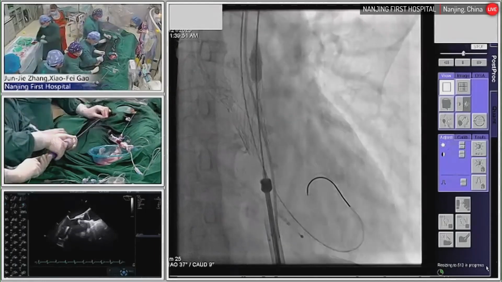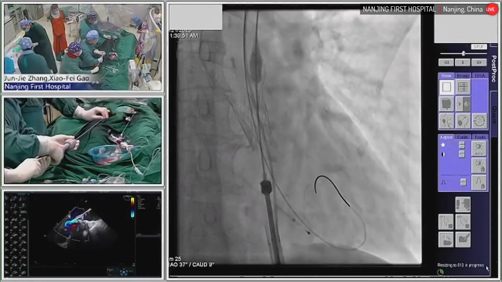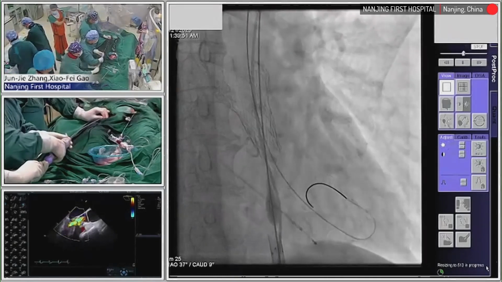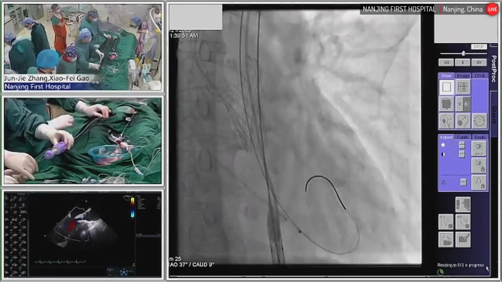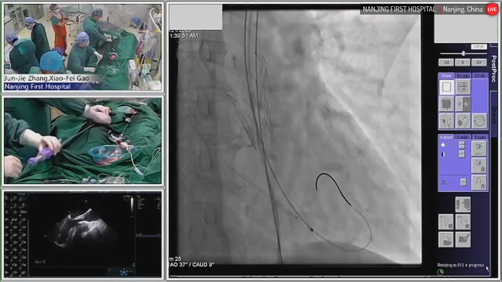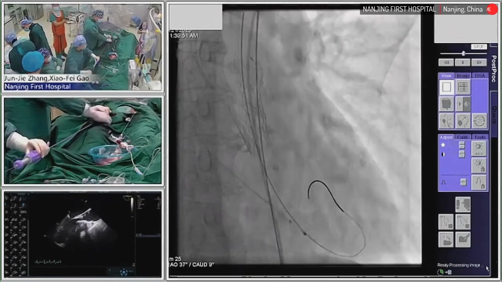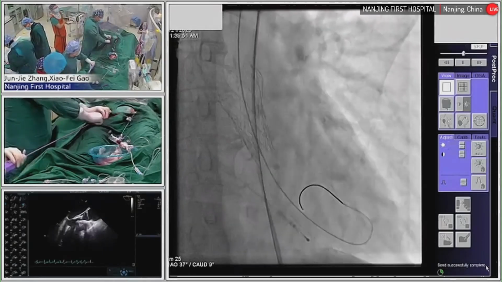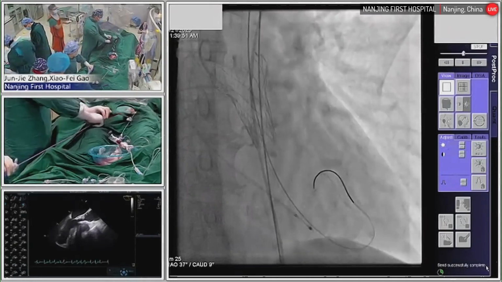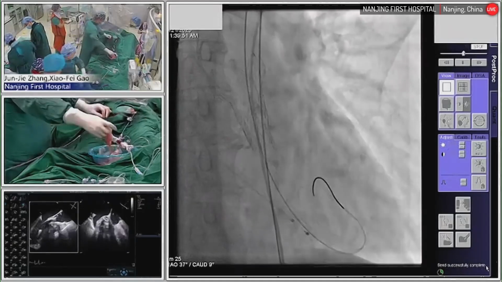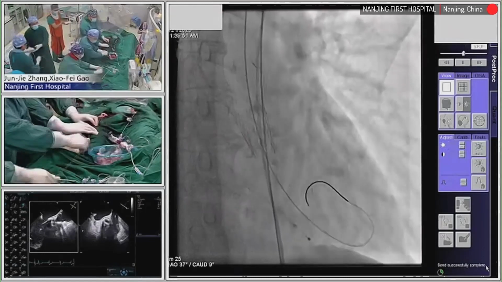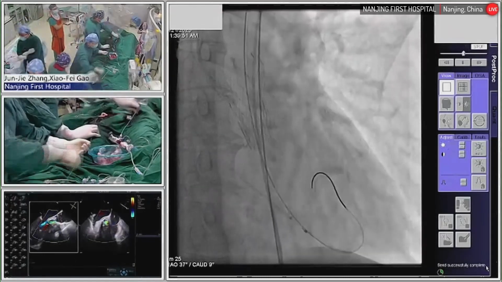Which size? I still use 18 balloon. 18 balloon. Okay. 收回来了吗？OK，好，请马振老师看一下血压。So I will do the post dilation with the 18 balloon. 液体的快速补吗？要不快速补 hydration 快速补液。